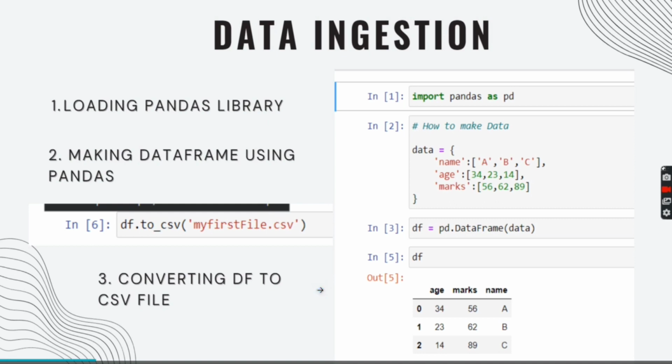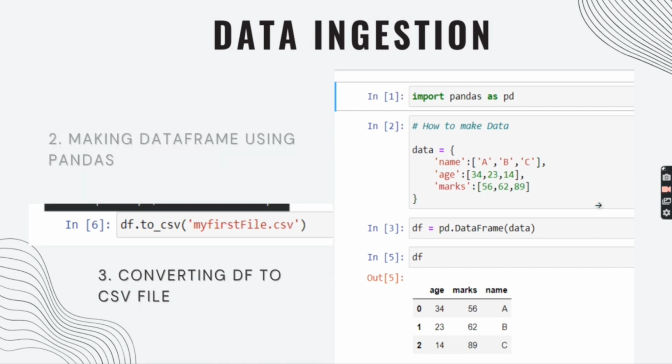Now, if you want to convert our df data frame into a CSV file, we have a single line of code as shown here. In line 6, I have used to_csv to convert the data frame into a CSV file. This to_csv function easily converts the data frame into a CSV file or other file types. Now that we have seen the basic pandas functions,